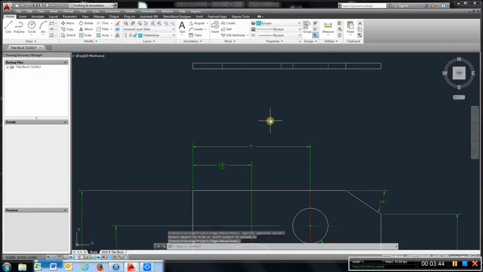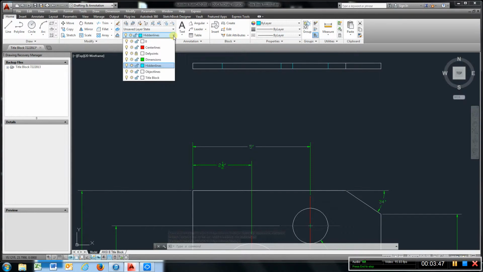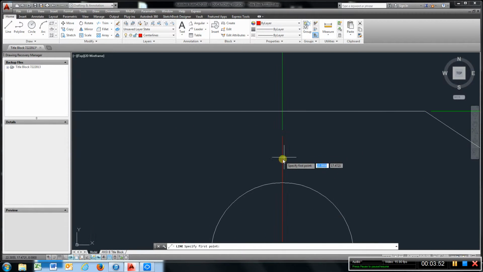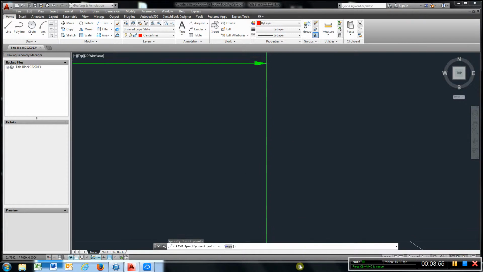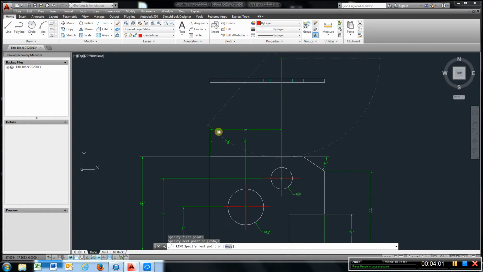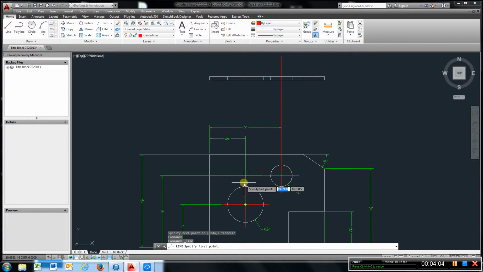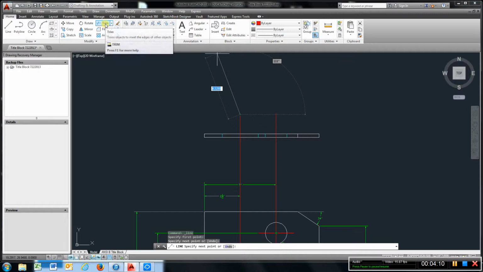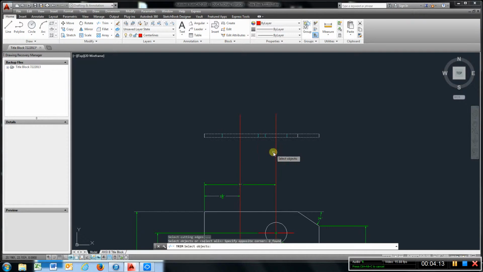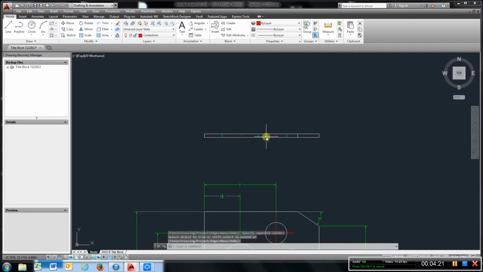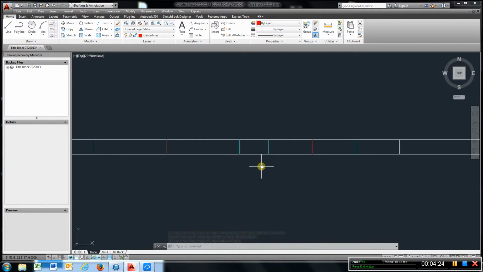Now we have left the center lines, so I'm going to go center lines, choose line. I'm going to pick the end of that center line, zoom out, go back, pick the end of that line, go up, go to trim, pick these two, right click, select those two, and select those two. Now I have my hidden lines, here's my hole and my center line, but we never leave the center